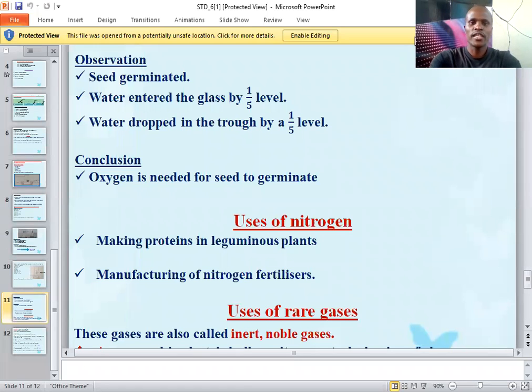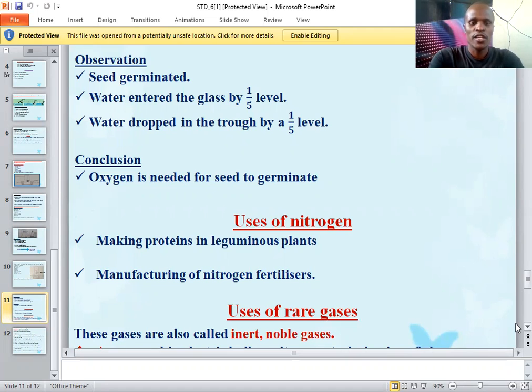Now, after looking at the uses of oxygen and carbon dioxide, I want us again today to look at the uses of other gases that are left. And I want us to begin with the uses of nitrogen. We have two main uses of nitrogen that we are going to study in class 6. The first one,